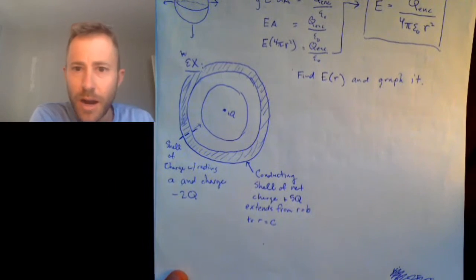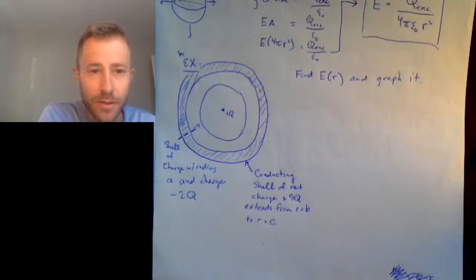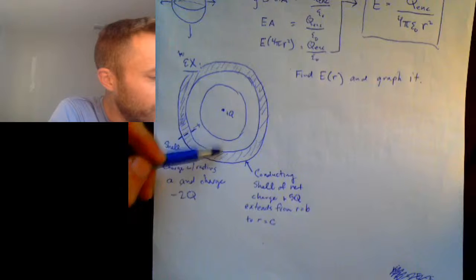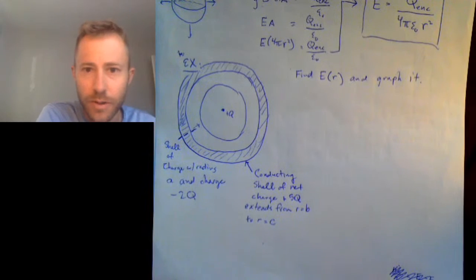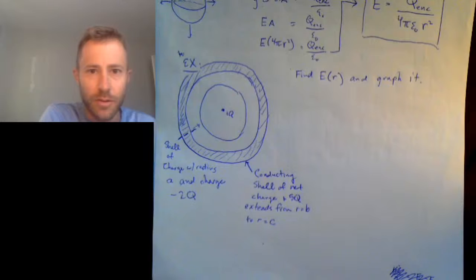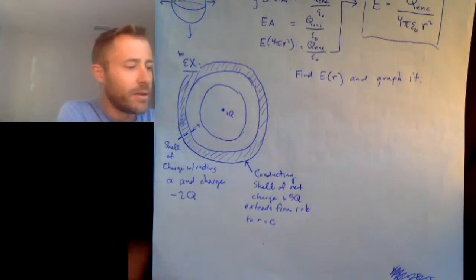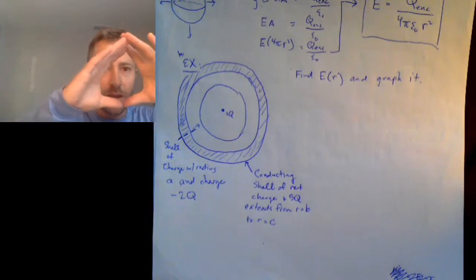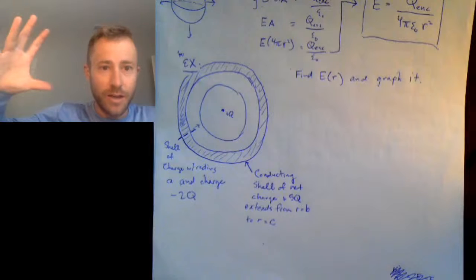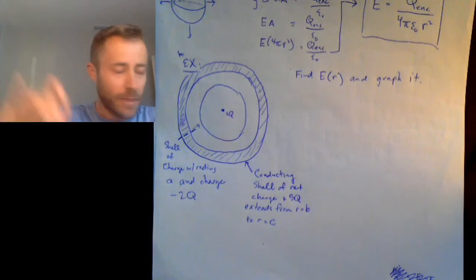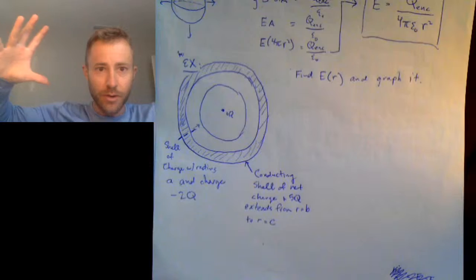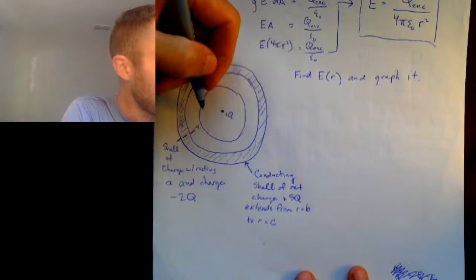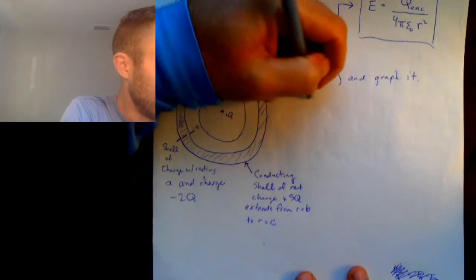So I'm going to break the problem up into, I guess, four parts. Because the charge enclosed by the Gaussian surface depends on how big the Gaussian surface is, and the charge enclosed is going to change as we make the Gaussian surface bigger and bigger and bigger. So the first region is